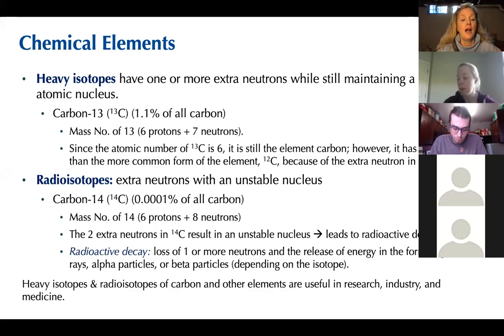But when you get up to carbon 14, this is what we use to date things like the dinosaurs, okay? And carbon 14 is going to start trying to get rid of that extra unstable neutron that makes the whole nucleus unstable. And that's what we call leading to radioactive decay, okay? So it's trying to eject that and get it out of there. And we use these radioisotopes, like I said, to do the dating of things like the dinosaurs and that, but